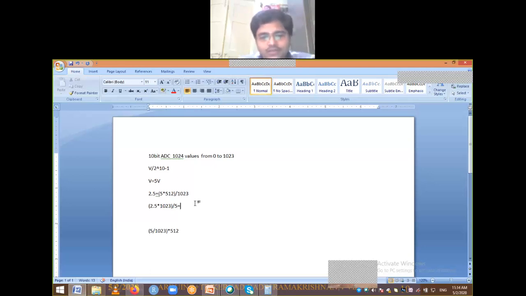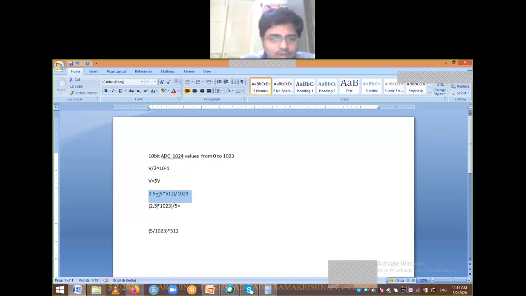Similarly, for any value from 0 to 5, whatever you have, you can calculate by using this particular formula. If you know the resolution and the total voltage, you will come to know for each bit what the resolution is, that is 5 divided by 1023. If you can write that condition, then easily for any value you can calculate.